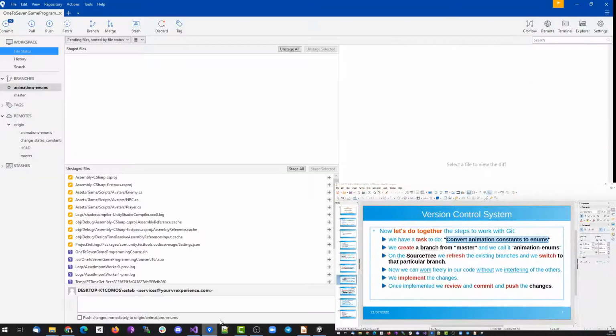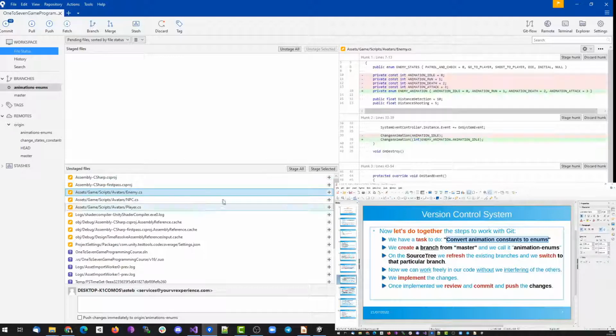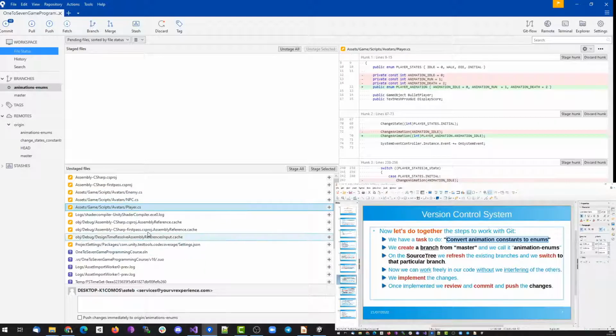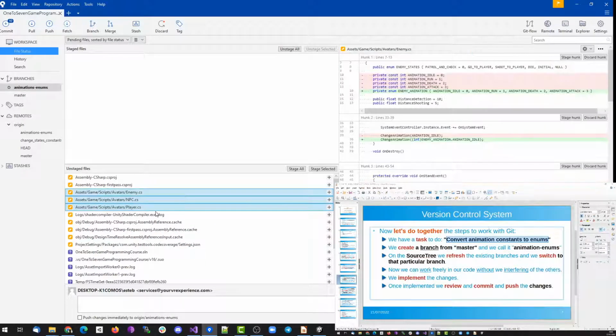So now we can go back to source tree, and we should have noticed that in the section where it says unstaged files, we have several modified files. In between the several modified files, we have the ones that we have modified. If we select them, we can see the difference from the previous version, the exact changes that we have done. Okay, so what we are going to do is just to commit the changes that we have done